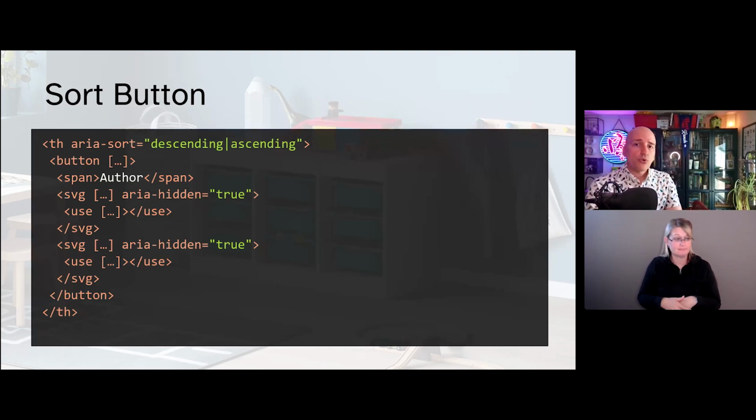Now, the button is the only element in the column header, and the button's accessible name is also the column header. So you want to be as brief as possible, but distinct enough for a voice user to be able to select it. That means no hidden text if you can help it, because we're honoring SC 2.5.3 Label in Name. I use SVG, as I mentioned before, for the sort icons. Add aria-hidden true to the SVGs to ensure they are not exposed, and added to the accessible name / column header.